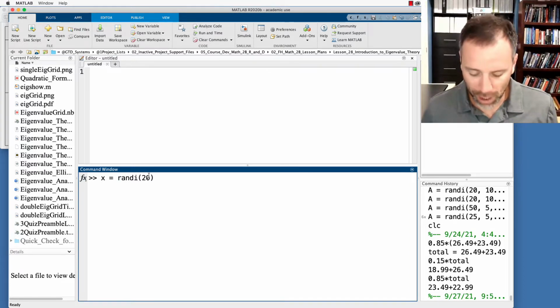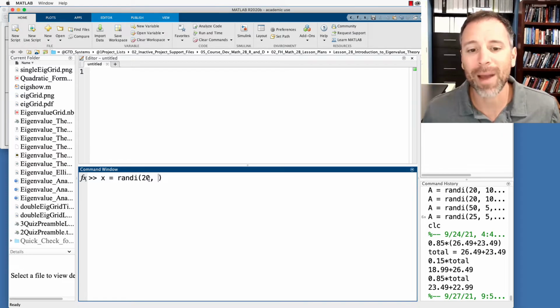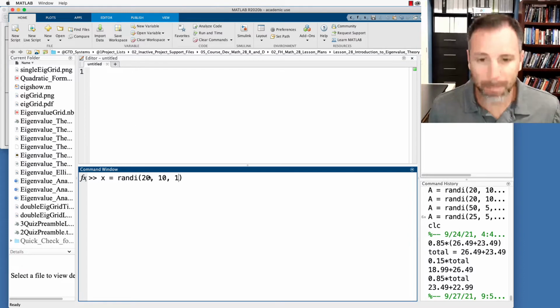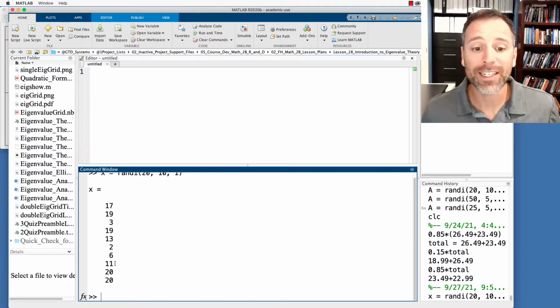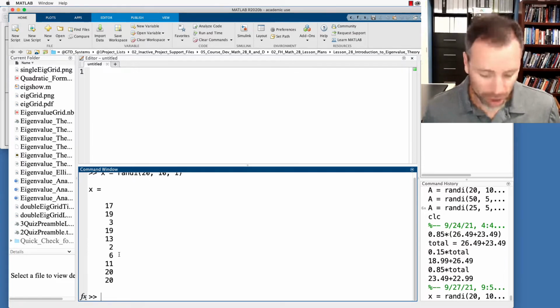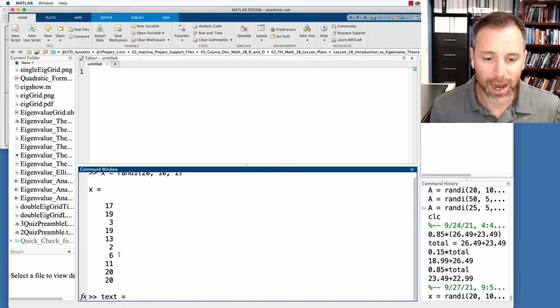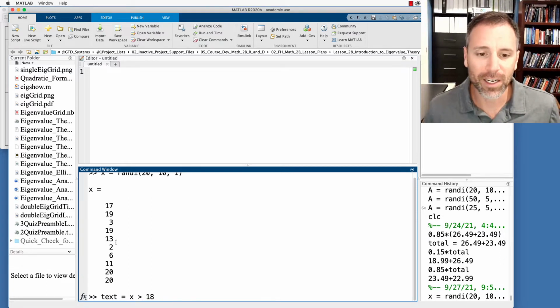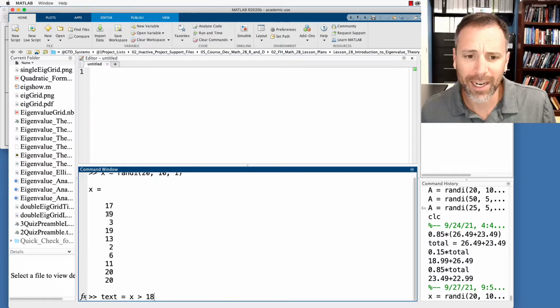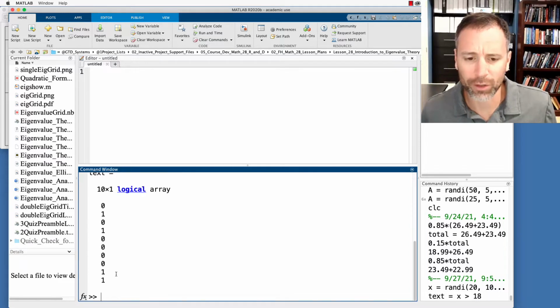The first entry of this function gives us the upper bound. So in this case, we're going to say we want every entry of x to be a random integer between the number 1 and the number 20. And we're going to say that this is a 10 by 1 vector. Now we can run a test and ask which of these entries are, let's say, above 18. So if we run the test, look at x and produce which entry is above 18, notice there should be a 1 in entry 2, a 1 in entry 4, and then a 1 in the final two entries,